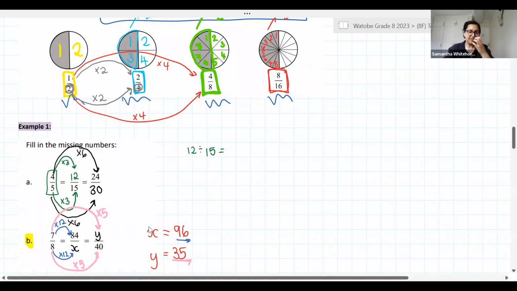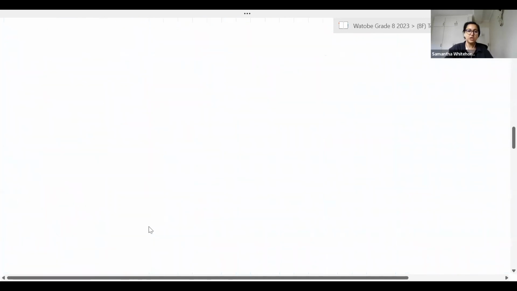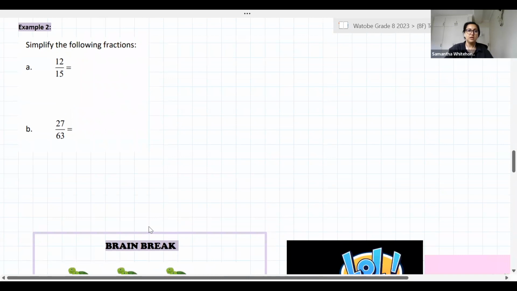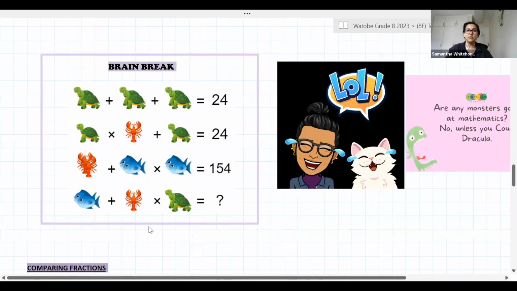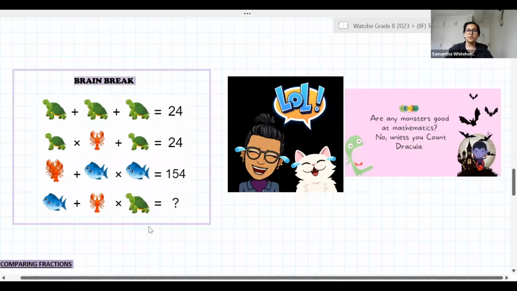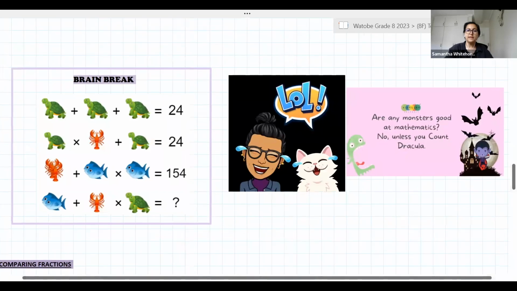So let's have a look then at our brain break. I'm assuming you all have taken your screenshots. Whoopsie, that was a bit of an excited scroll. Alrighty, so brain break, for anyone who's new, is basically just a little break from what we're doing. I generally put a little math puzzle, a little something, and you have to try and figure out the